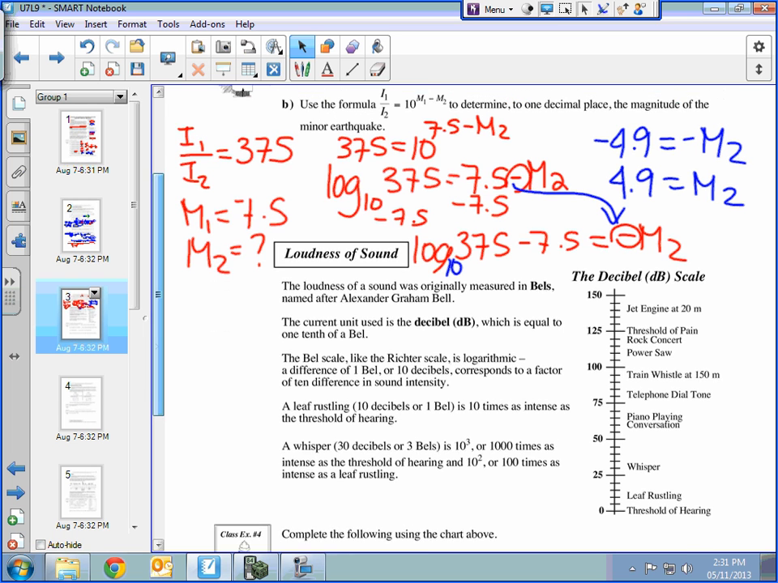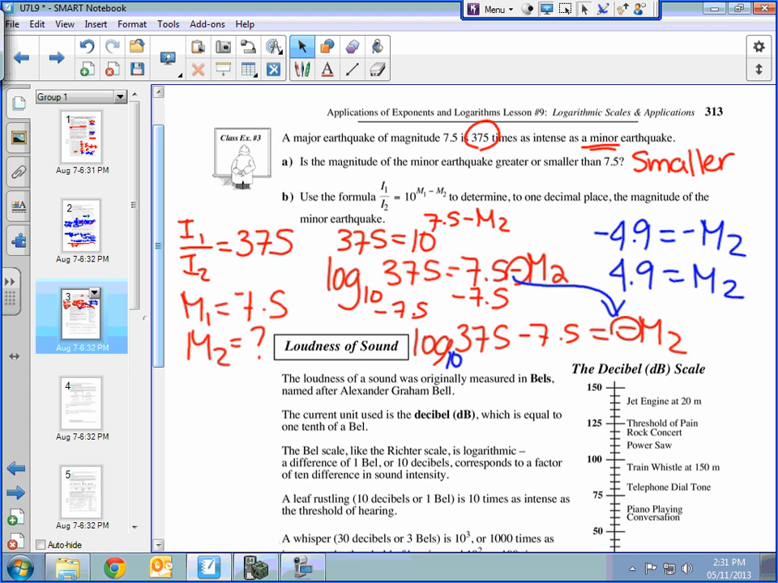With the negatives, okay, so you know this log of 375 minus 7.5 is equal to negative m2, right? Yeah, you're okay with that so far? Because this negative in the 7.5 minus m2 will transfer down. So this log of 375 minus 7.5, that'll be a negative 4.9. So you have a negative 4.9 is equal to a negative m2. If they're both negative, you could just multiply both by -1. And then get a positive 4.9 is equal to a positive m2. Does